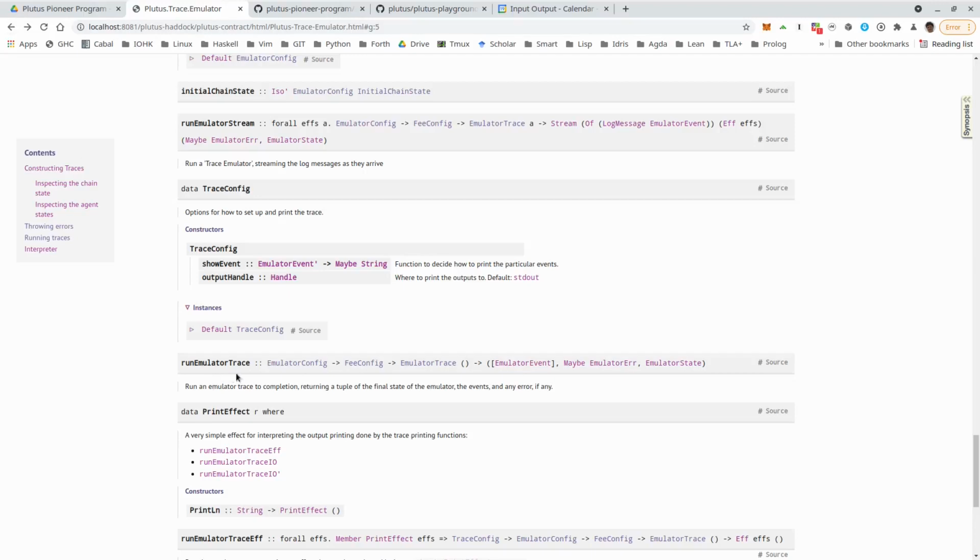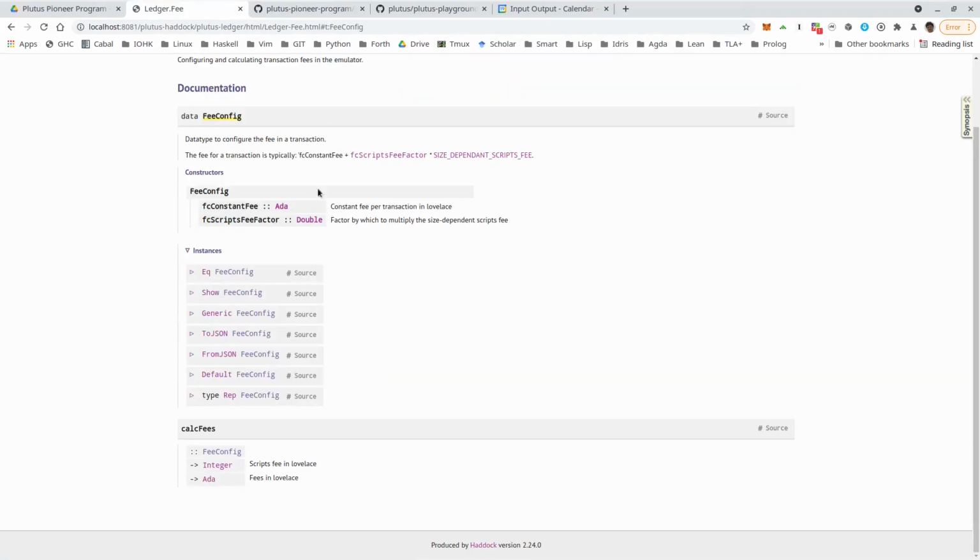And if we go back to this runEmulatorTrace, so we have looked at the emulator config. So what's the fee config? And we see this is a record type with two fields, feeConfigConstantFee and feeConfigScriptsFeeFactor.